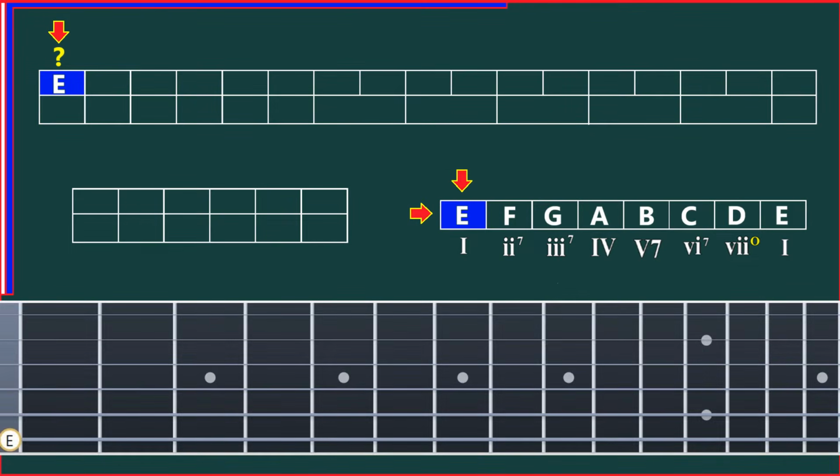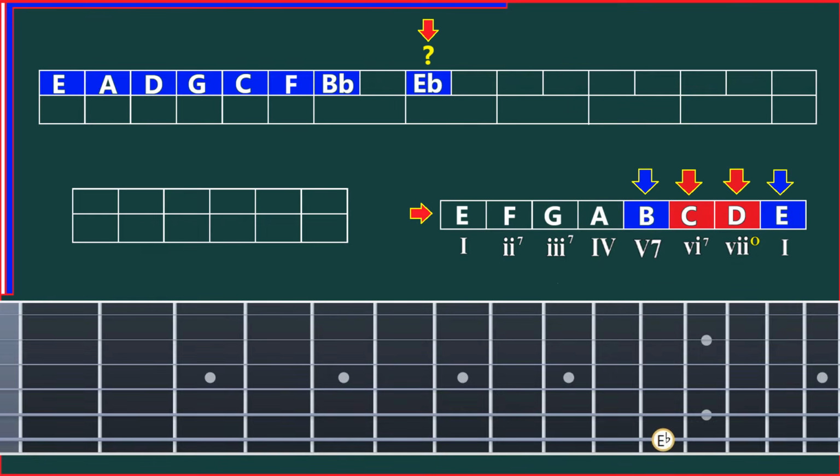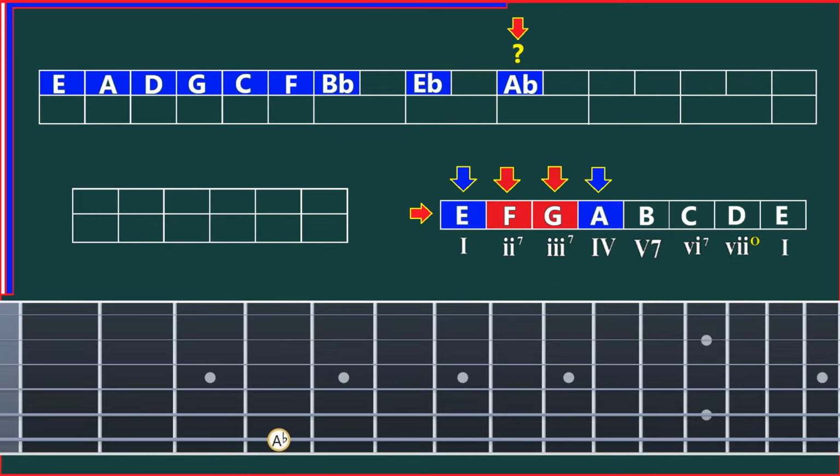E, A, D, G, C, F, B flat, E flat, A flat, D flat, G flat,